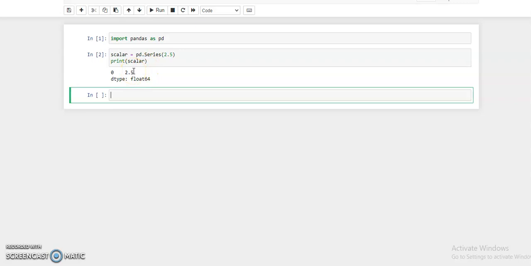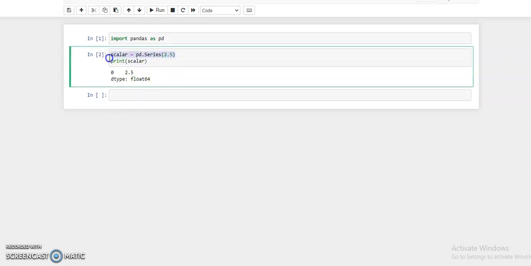Okay, so if we need to create a series with scalar 2.5 and indexing of more than 1, because here the index is 0, the first index, for this we need to mention the index. So we simply copy this and paste here.